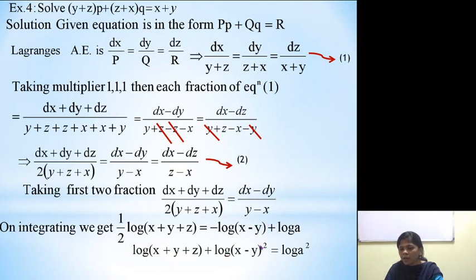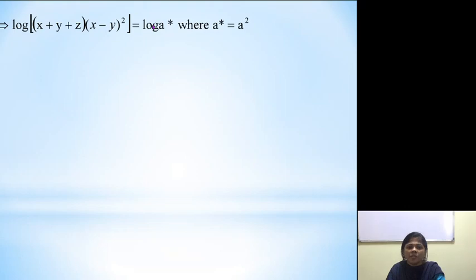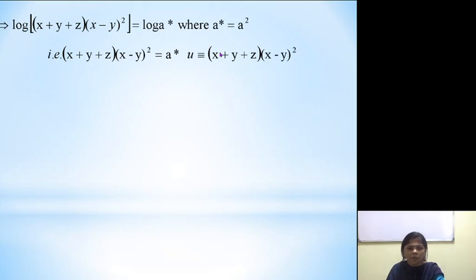Similarly here also the law of logarithm. Now log a plus log b is log of a into b. So we get such type of terms. So taking antilog we get the first solution. So therefore x plus y plus z into x minus y whole square is equal to u, the desired